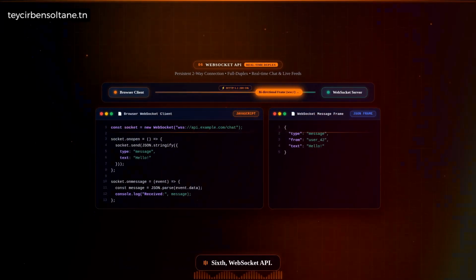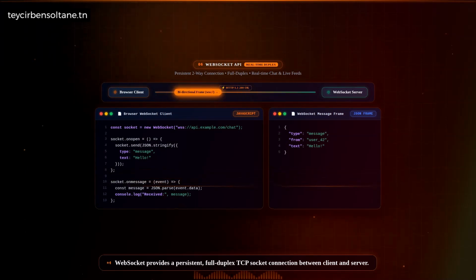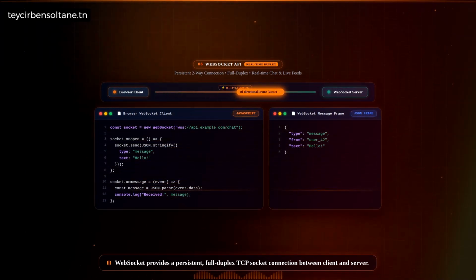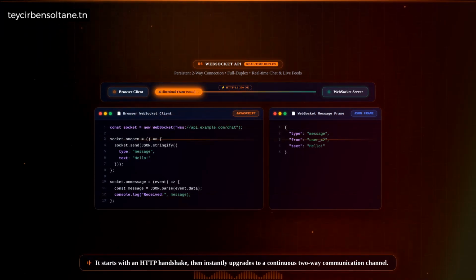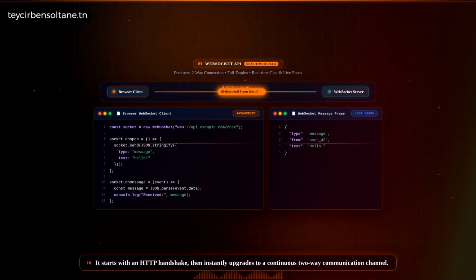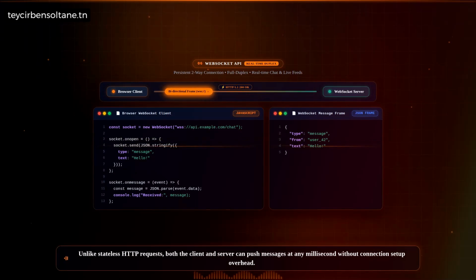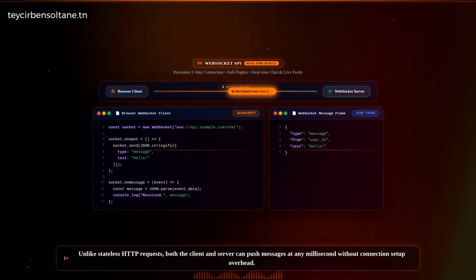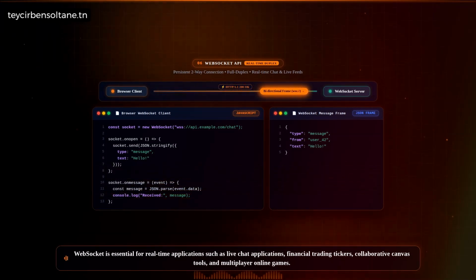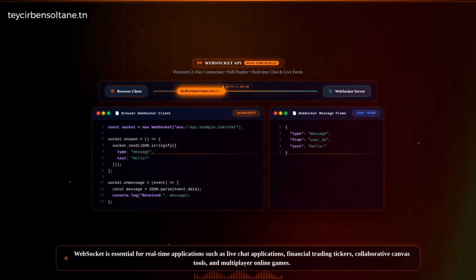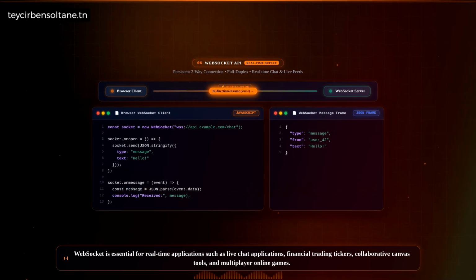Sixth, WebSocket API. WebSocket provides a persistent, full-duplex TCP socket connection between client and server. It starts with an HTTP handshake, then instantly upgrades to a continuous two-way communication channel. Unlike stateless HTTP requests, both the client and server can push messages at any millisecond without connection setup overhead. WebSocket is essential for real-time applications such as live chat applications, financial trading tickers, collaborative canvas tools, and multiplayer online